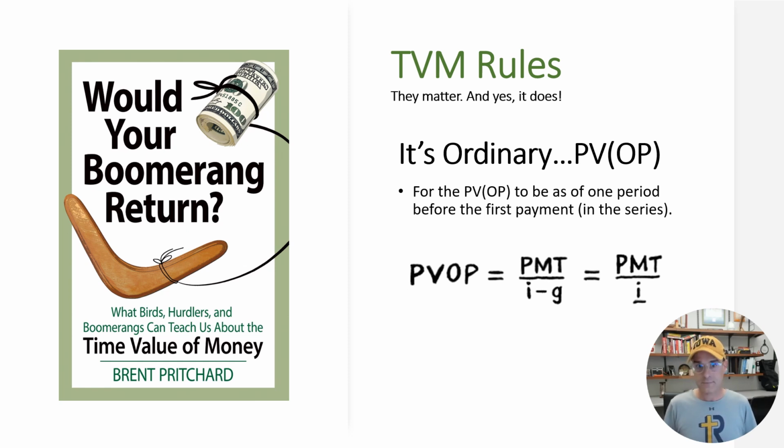We've discussed that you might encounter a perpetuity that has a PMT payment that increases based on a certain growth rate, maybe the inflation rate. This is factored in by way of the variable G in the denominator of the building block present value of an ordinary perpetuity equation. We'll work through examples with and without a growth rate of inflation in a few. Similar to the present value of an ordinary annuity, the present value of an ordinary perpetuity is as of one period before the first payment in the series.